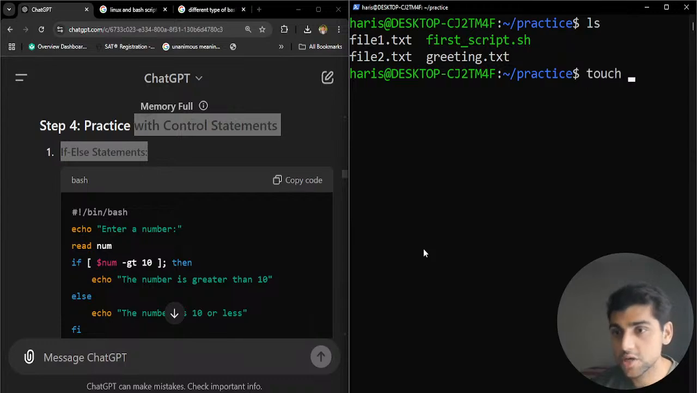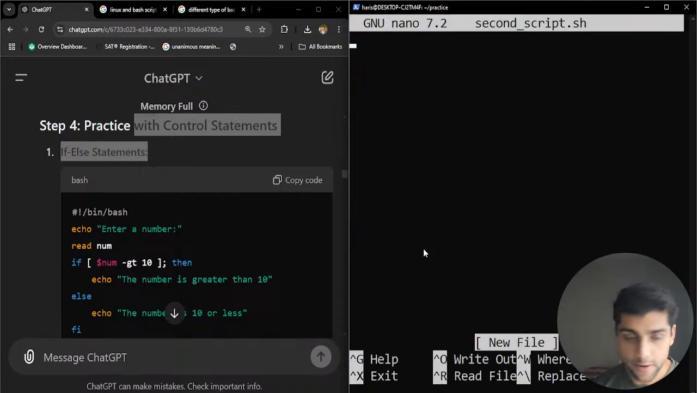So I'll say touch second, or instead of touch, that just adds more commands. Say nano second_script.sh. Okay. Now when you do nano second_script.sh, this would open it up here, and then you could add in the command, which is the shebang, and then we say bin and then bash, and then in here